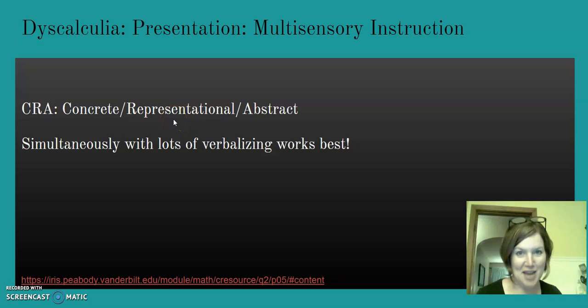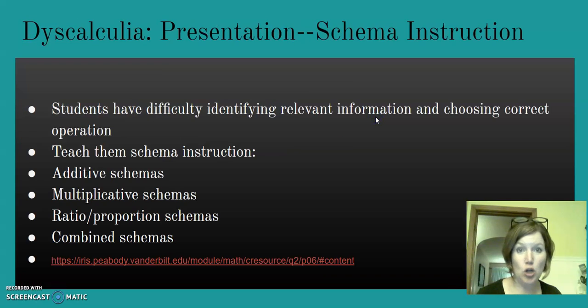Okay, I ran out of time, so I'm going to try to go faster for the rest of this presentation. So we talked about multisensory instruction, and basically all of the presentation except for one more thing I wanted to say,